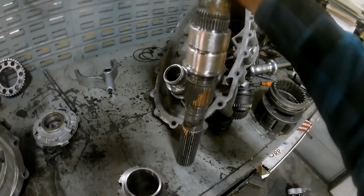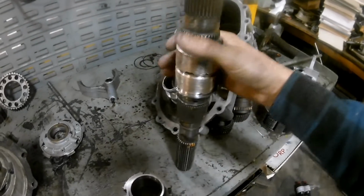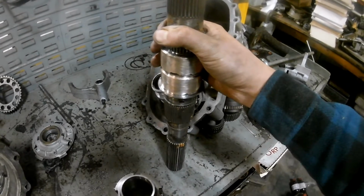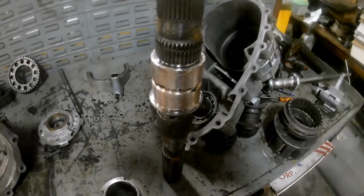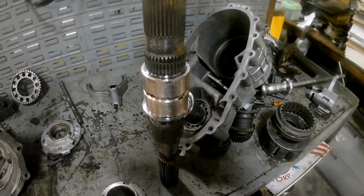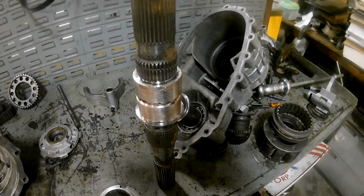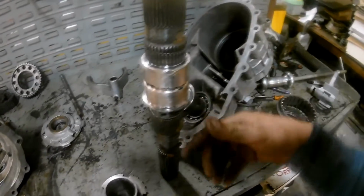Like I said, I'm just showing you an alternative option to saving this shaft, so you don't have to go buy one. And if you're in a real hairy situation, like I said, you can use the oxyacetylene torch and do it, because I did it, and it's been in service and worked fine. If it happens to fail, I'll show you guys, because obviously I'll have to tear it apart, but I mean, it's been going on like a trooper, and who knows what using the torch did